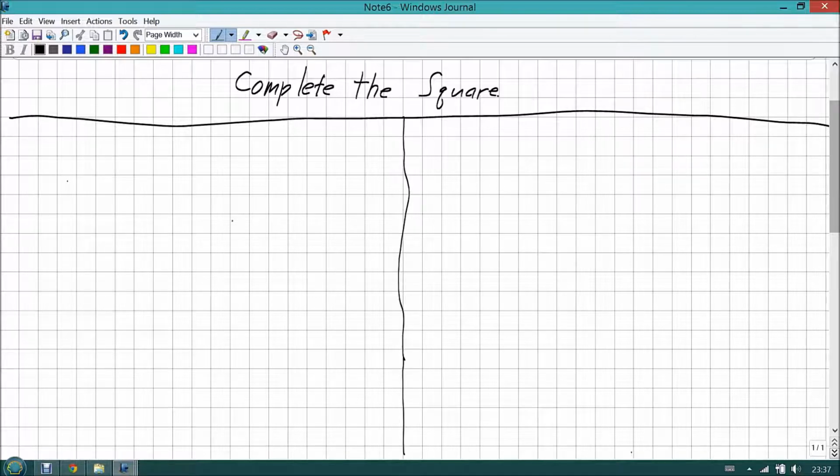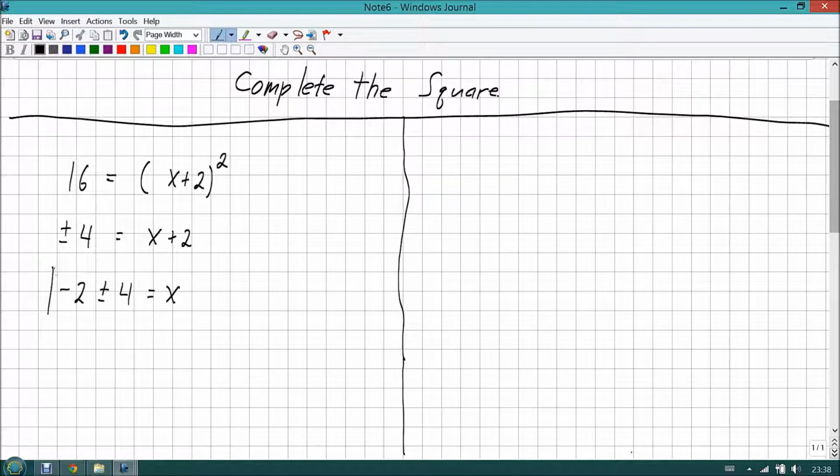Now, in our previous lesson we saw something like 16 is equal to x plus 2 squared. And we would use something called a square root to determine what x was. We take the square root of both sides, so we'd have plus or minus 4 is equal to x plus 2. And then we'd subtract 2 from both sides and get negative 2 plus or minus 4 is equal to x. Now this worked out really nicely because the original portion that we started with was already a perfect square